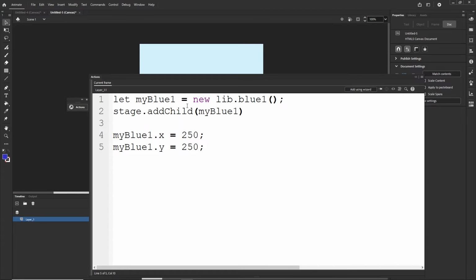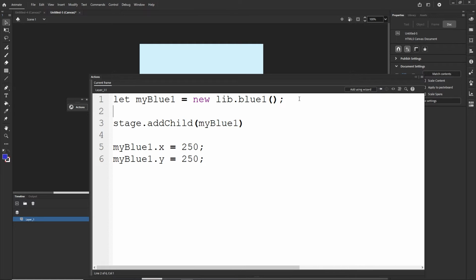Now we can have, for example, blue shapes, red shapes, green shapes, many different things, and you would like to somehow differentiate them. So what we can do is, instead of adding this to the stage, we can add it to the CreateJS container. So I'm going to declare a variable. I'm going to type let blueContainer. This name is optional, you can call it as you want, and I'm going to make this equal to new